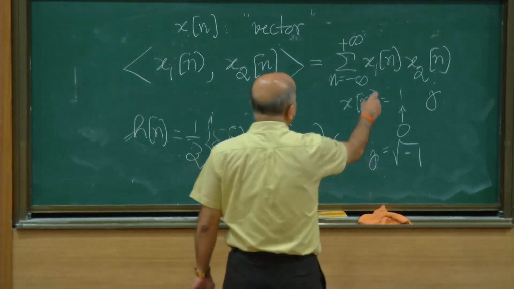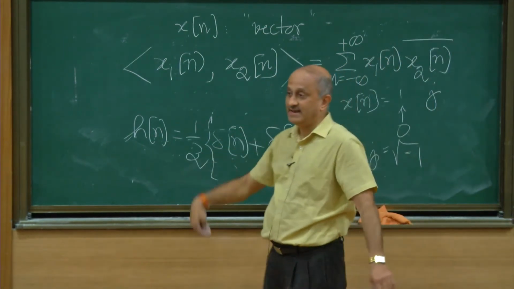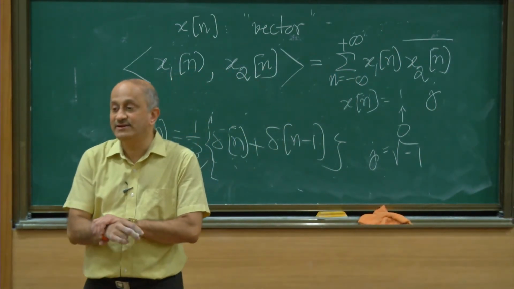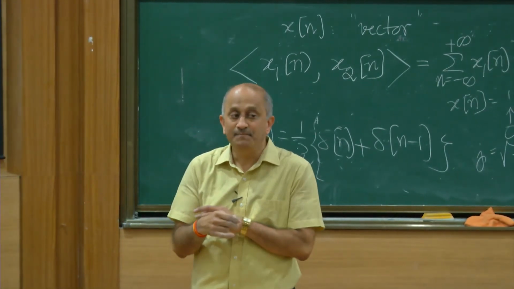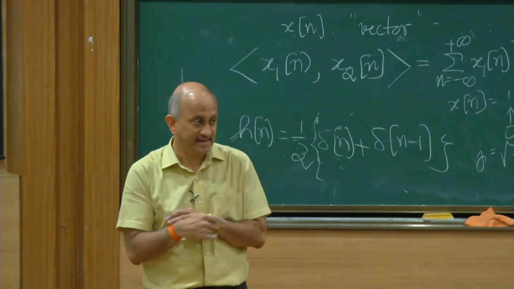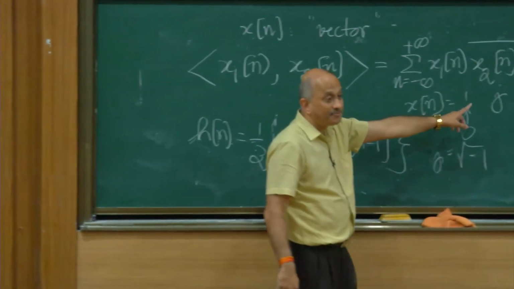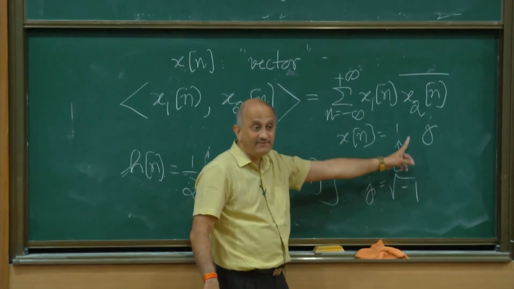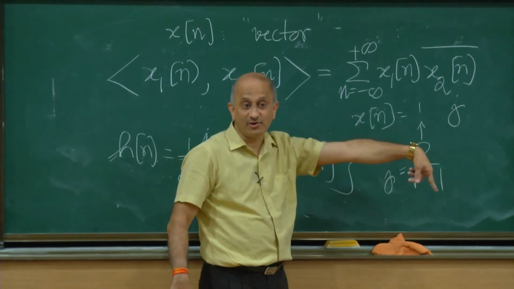What is that small change? You take a complex conjugate of the second argument. Is that right? So when you're dealing with complex sequences, you would make the small change in the dot product. You would take the complex conjugate of the second argument. And if you do that, now what will the dot product be? If you take the dot product of the vector with itself, 1 with 1 and 1 with 1, the dot product would be 2.